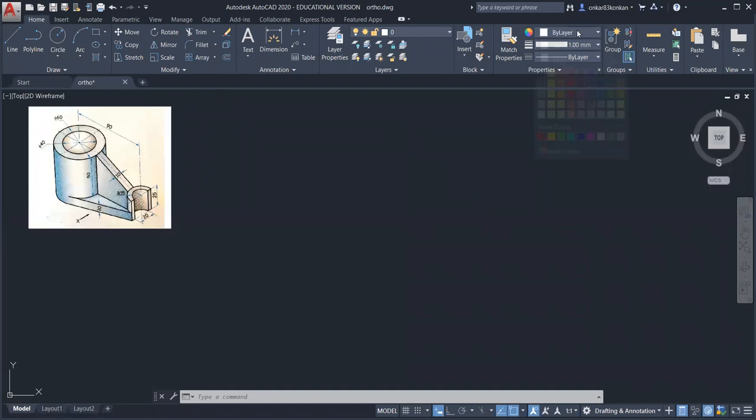So first select the bylayer. In the line type, select the bylayer.